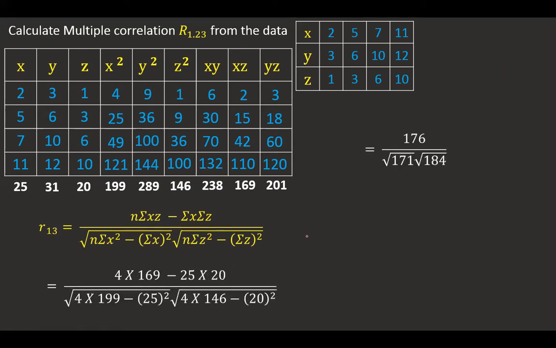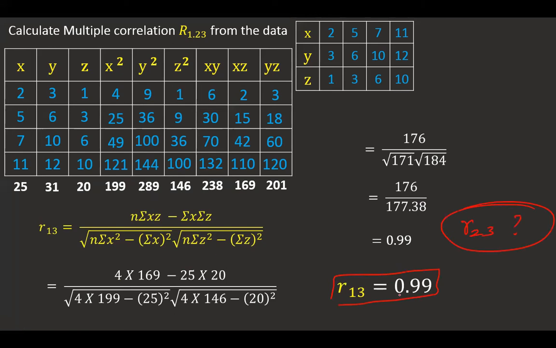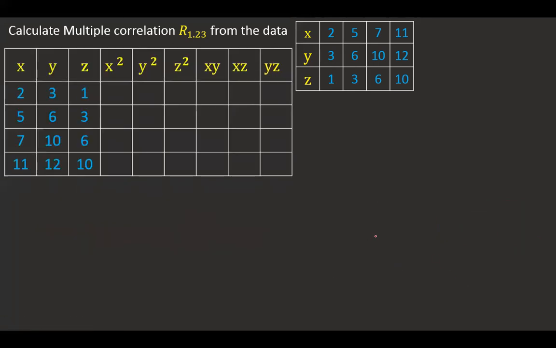So what was the value I got for this? I got R13. And one more thing is left out. R23 I'm going to calculate now. The same method I'm going to use to calculate. I'm going to write it here. Okay, so now I am moving on to the next one, to calculate by the similar method. I don't want to waste time, so I'm just moving on to calculate. In the first one, I explained all these things. Now you can see this. So we have done it here.